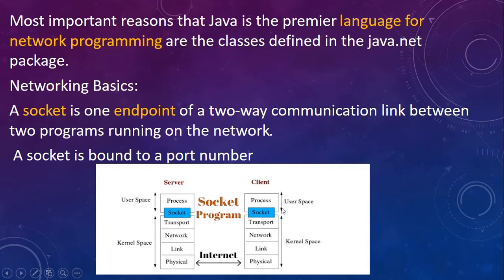The process is nothing but the user space, whereas all these layers come under something called kernel space, the operating system space. Now, physical data transfer in zeros and ones happens on the physical layer. Then you have the data link layer, and the data goes further into the network layer where the data is arranged into something called packets.